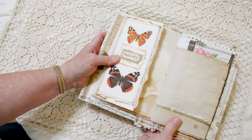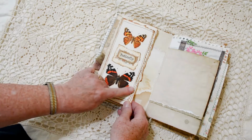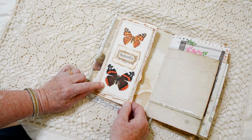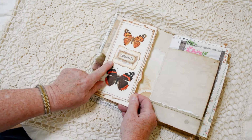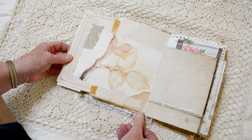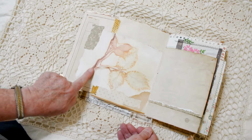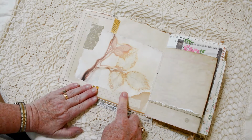And this page, I love this page, anything with butterflies. I've got this from a butterfly book, layered it with some other book pages, did some layering here in the word butterfly, and then this just tips right out for extra journaling space. And this is a digital that I purchased, and I love her work. She does the